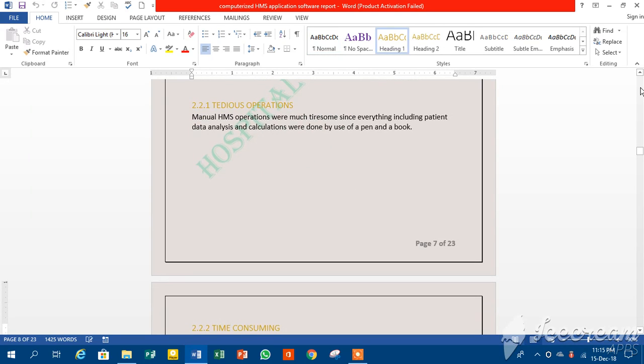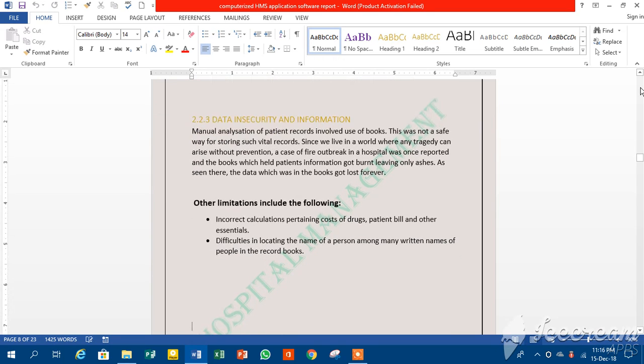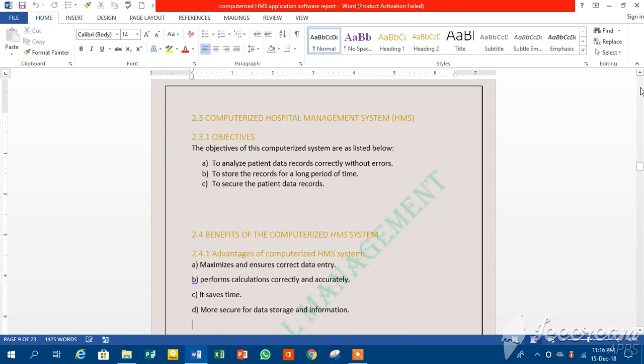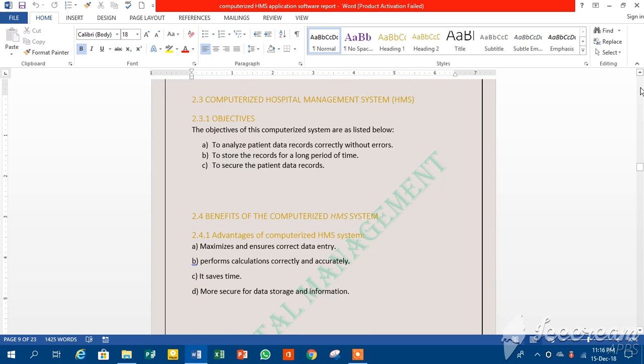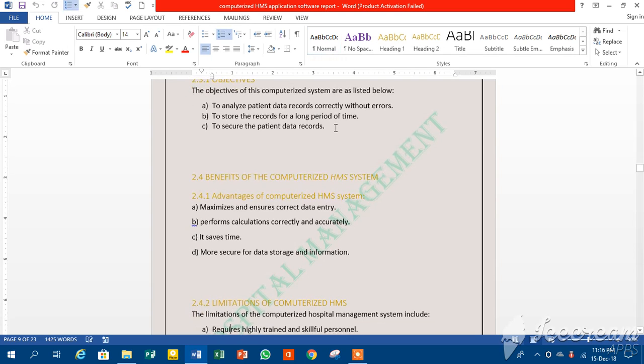From there we go to the objectives. Before we go to objectives, let's go to point number 2.3, that is the computerized hospital management system, HMS, and we have the objectives. The objectives of this computerized system are as listed below: to analyze patient data records correctly without errors, to store the records for a long period of time, and lastly to secure the patient data